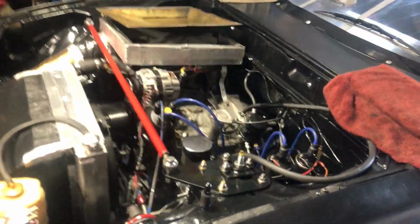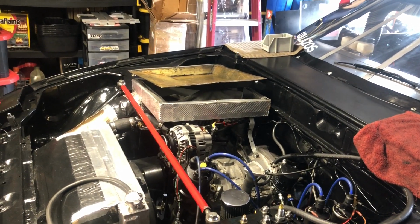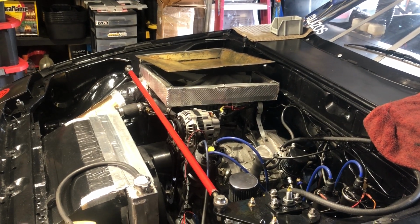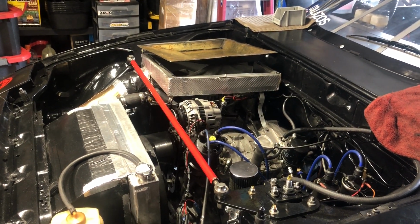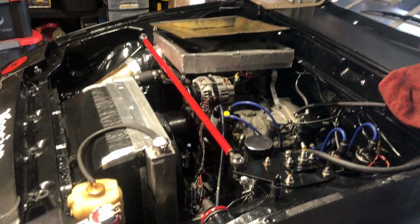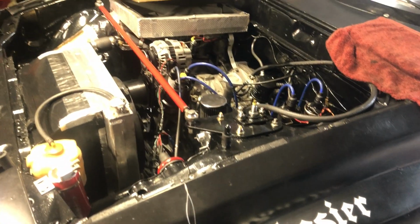So yeah, from the test day, the highlights was tuning the Weber, so we got it dialed in really nice. It took a couple sessions to get it exactly where I wanted it, so I'm really happy with that. The other thing is I was testing the brake bias, and